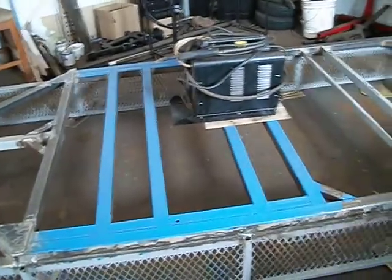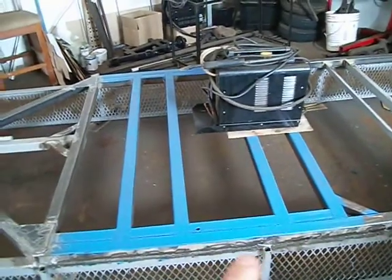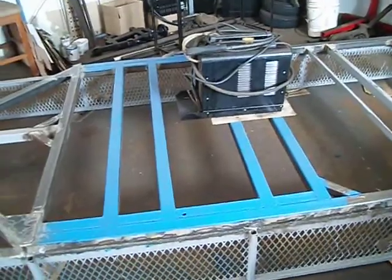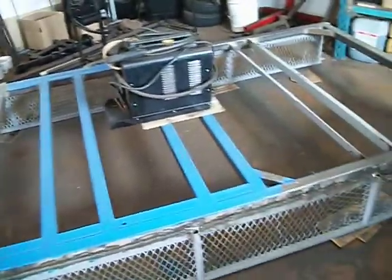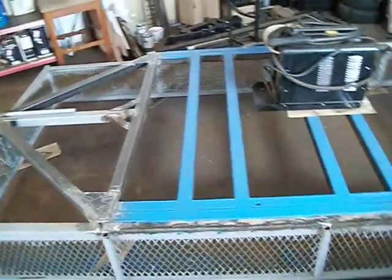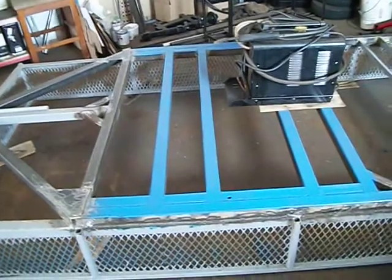Once that's all done, I bought some bolts. I'll be drilling my holes for my torsion systems, and I'll be bolting those on permanently. Once all that's done, then I'll need a hand, and what I'll do is I'll flip it on the wheels. Then once that's done,